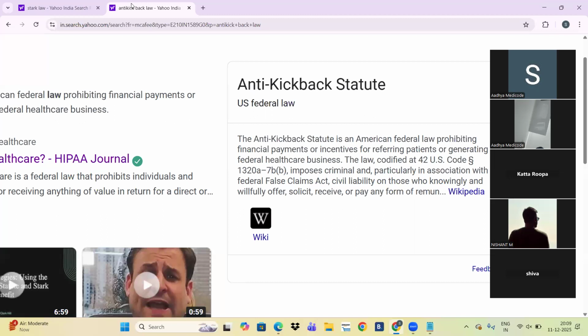Generating healthcare business for payment, incentive or money is also a violation. So we should not refer any patients to a particular hospital for money, incentives or valuable gifts. It is also a violation.